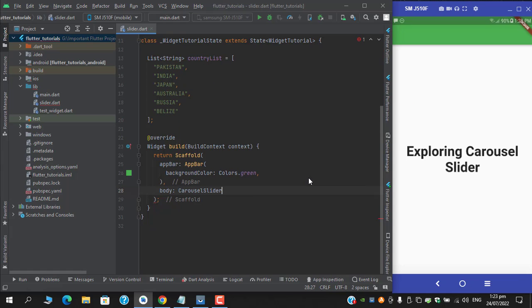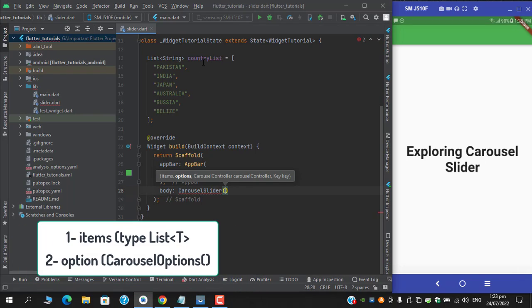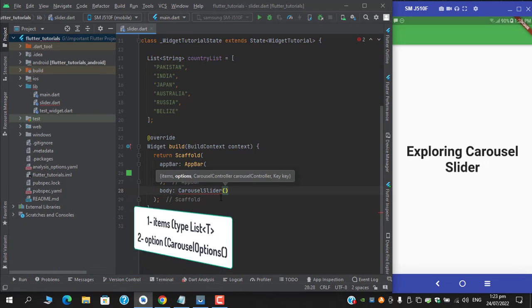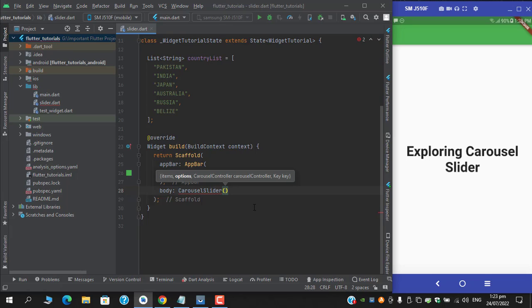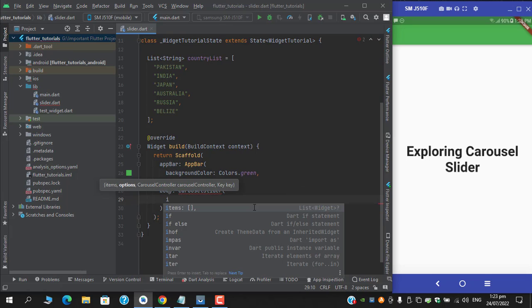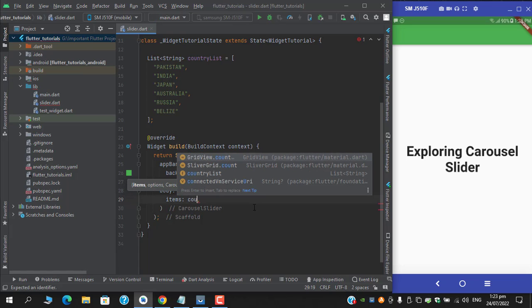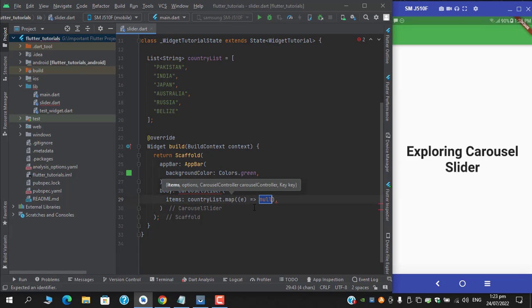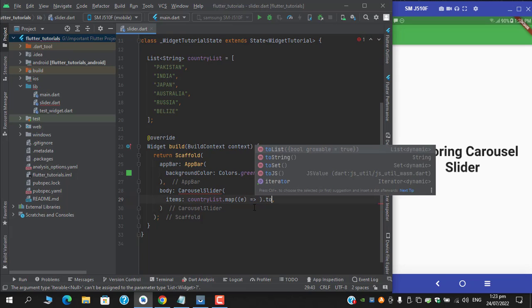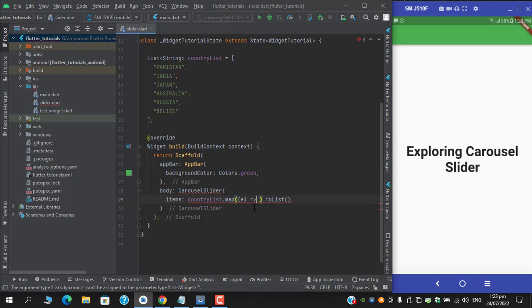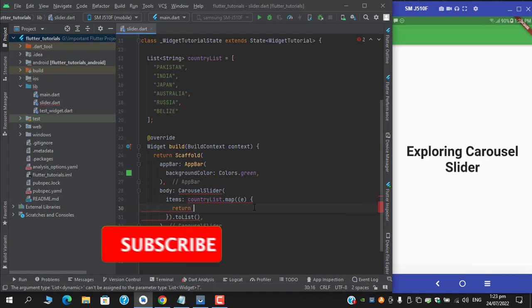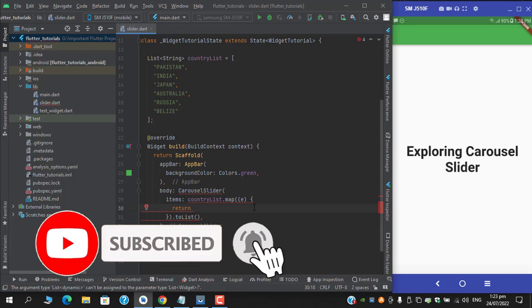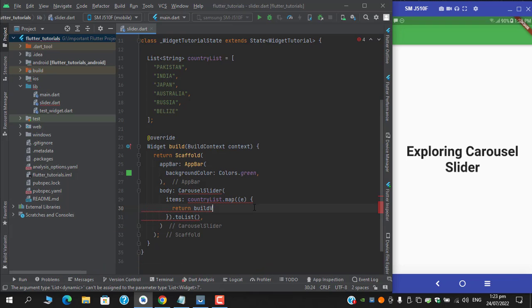CarouselSlider. There are two required parameters for this. One is the items, which requires a list of any type, and the second one is the options. For the items, I've already created a list. So let's map it, dot map, provide here the list, and then return your desired widget. So I will return a builder view, provide context,